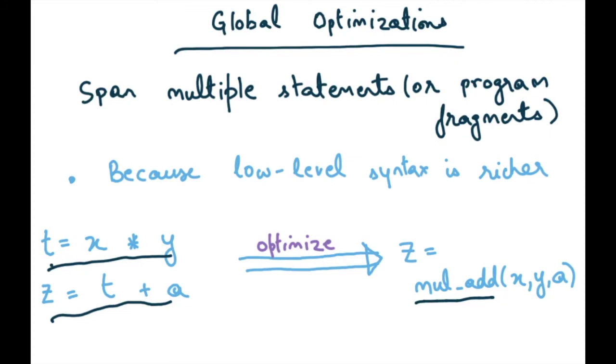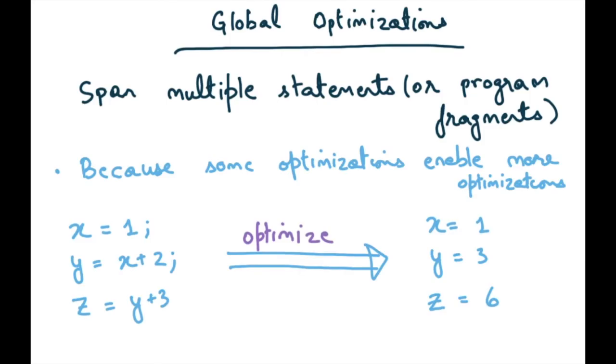In fact, in the last lecture, I talked about vectorization, and I said that high-level languages don't have vector instructions, but low-level machines do have vector instructions. And so the onus of being able to use the vector instructions in hardware lies with the compiler.